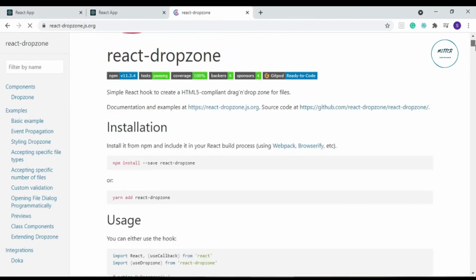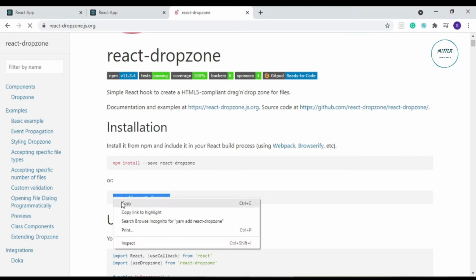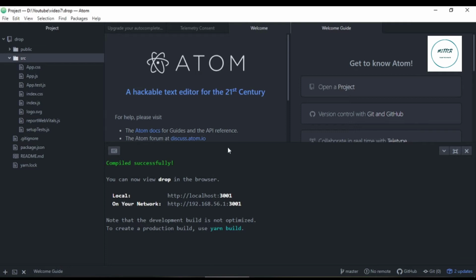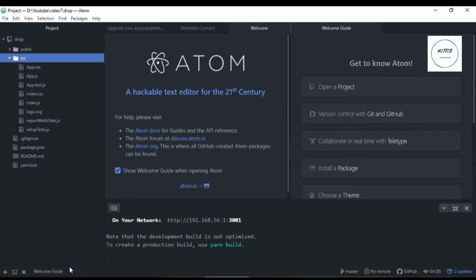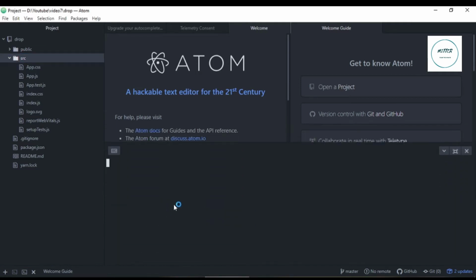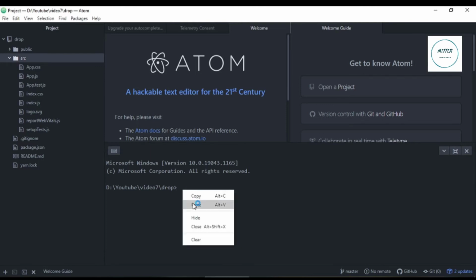First of all, in order to use this library, we need to install it in our React application by using npm install or yarn add. I'm using yarn here, so I'll copy this command, and this is my boilerplate application. I'll go to the command line and install this library by running this command.